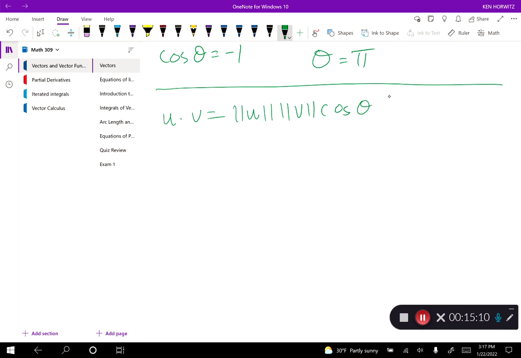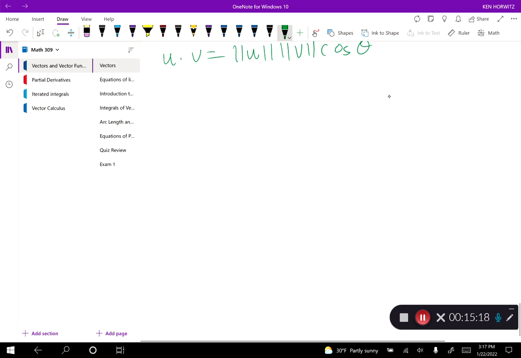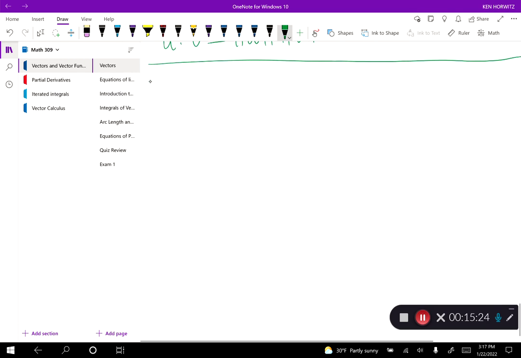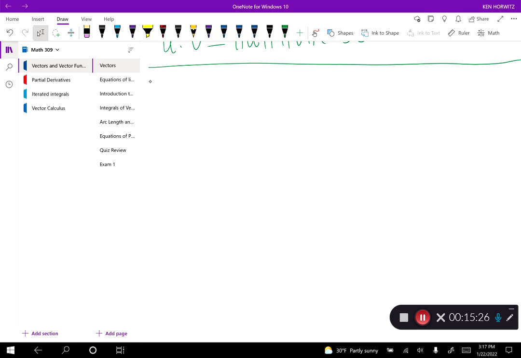So the next thing I want to do is vector projections and component projections. All right. And I always had a hard time explaining this to students. And I saw another teacher explain it in this way, and I thought it was really great. So let's say you're walking your dog. You're starting at point P. And you walk your dog along